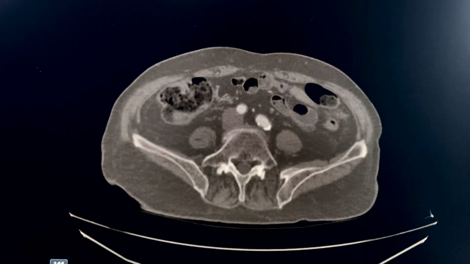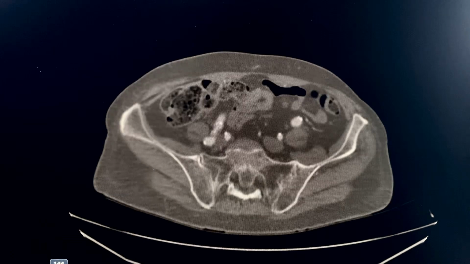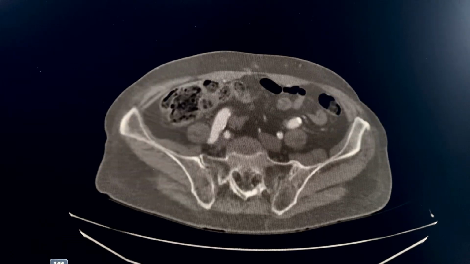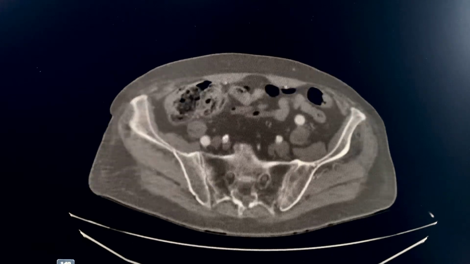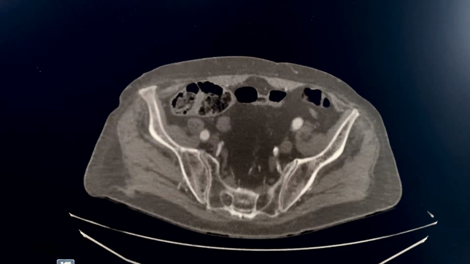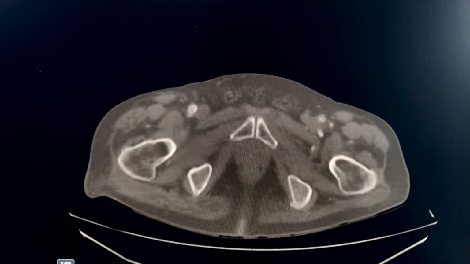Aneurysmatic dilation of the right common iliac artery. Both iliac arteries give off the deep iliac artery, or the internal iliac arteries, and the external iliac arteries, which continue to course all the way until they reach the